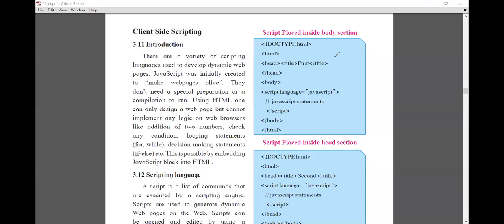Okay, so here is JavaScript. In 11th standard, what we studied starts from here, 3.11 Introduction. Now, first of all, we must know why we are using JavaScript in HTML, or why we are going to